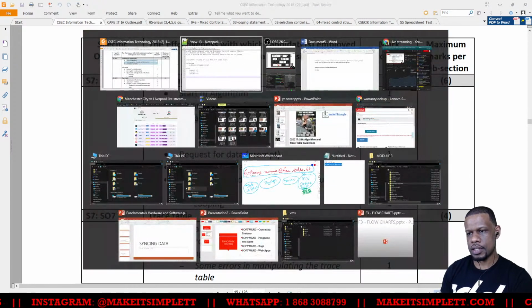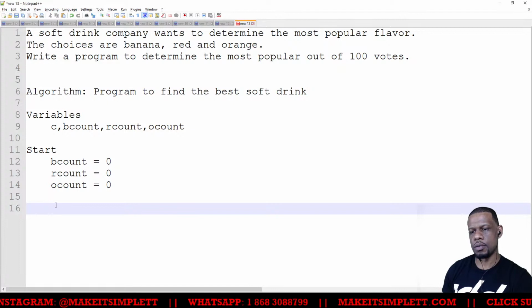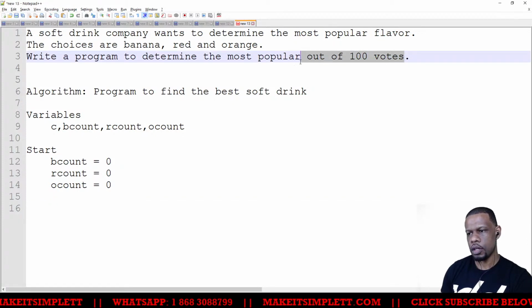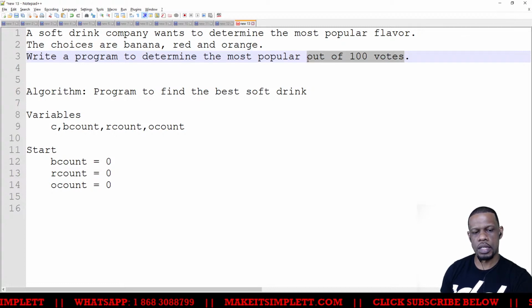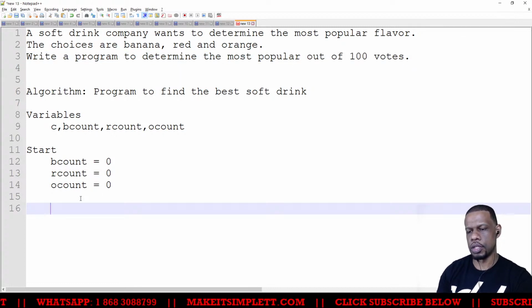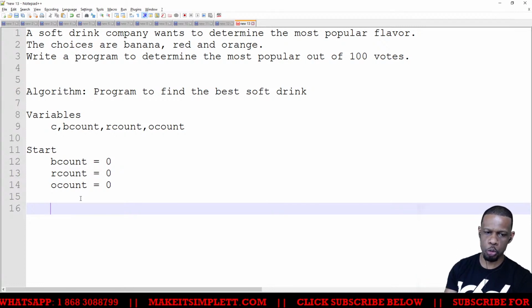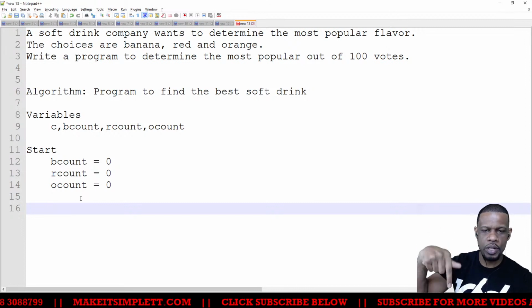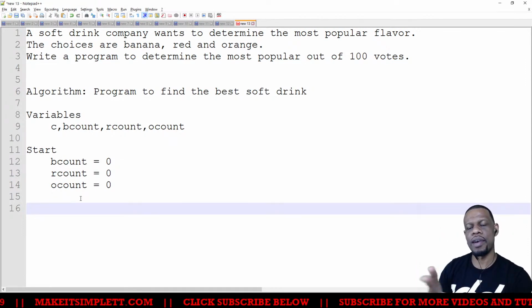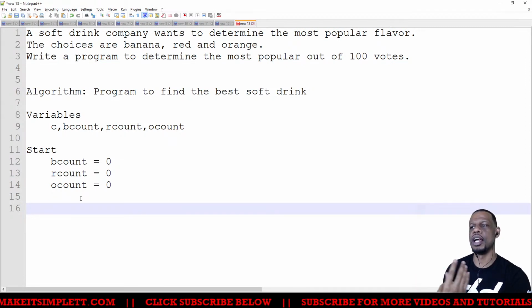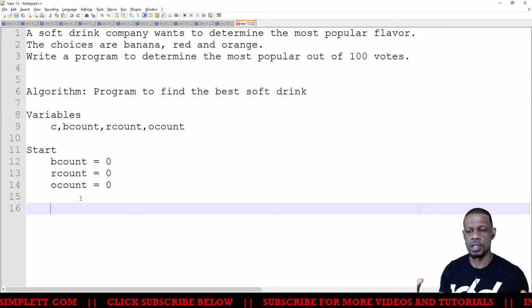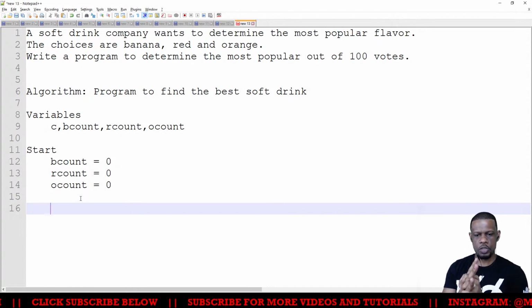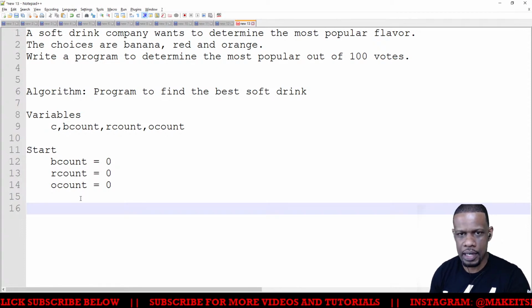So now next thing to do in the algorithm is we have to figure out how we're going to get 100 votes, right? So in order to do something 100 times, you just have to do a for loop. If you don't know how to do a for loop and you have no clue about it, I have a playlist in the description that goes through the whole of algorithms from start to finish that will help you understand how to do algorithms. And you probably will be like, whoa, somebody should have taught me this. Well, guess what? I can.